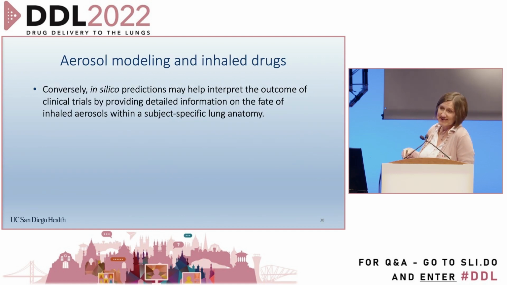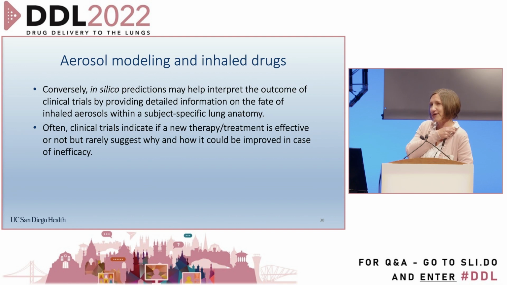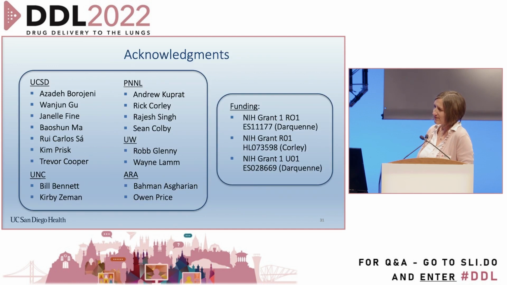Conversely, you can use in silico prediction for existing clinical trial outcomes to provide detailed information on these inhaled aerosols, and that can have an advantage, especially when you have clinical trials that didn't prove what their intent was, and so you can maybe help indicate why your clinical trial failed. So that may be another use of in silico modeling, and I've gone very beyond my time, so I'll stop here,